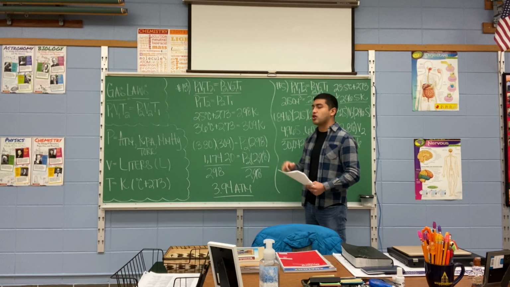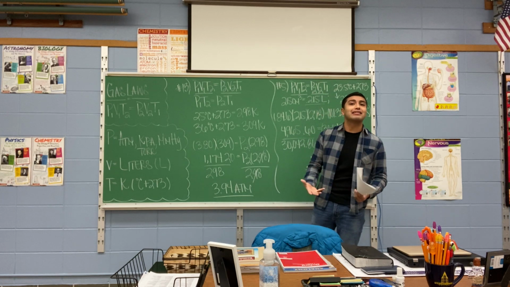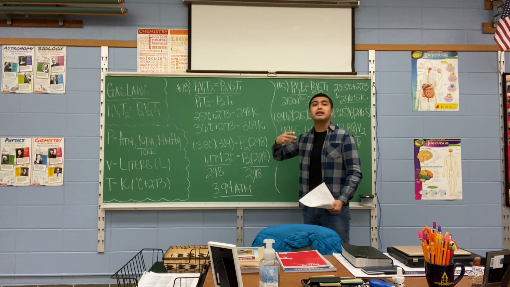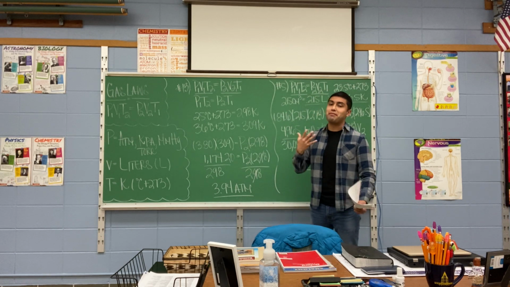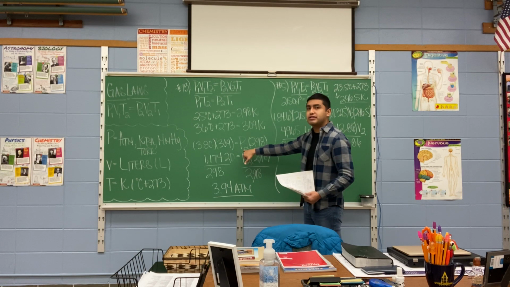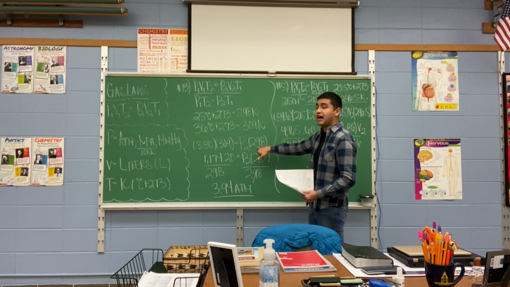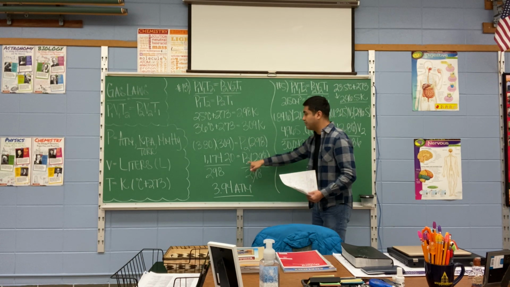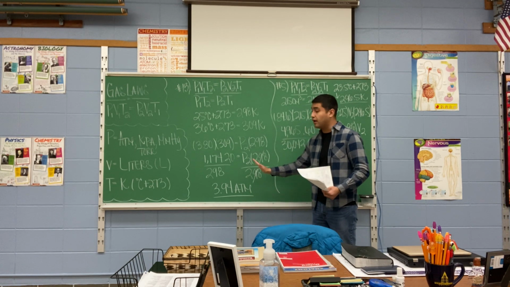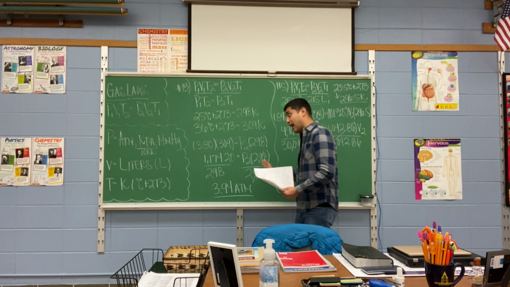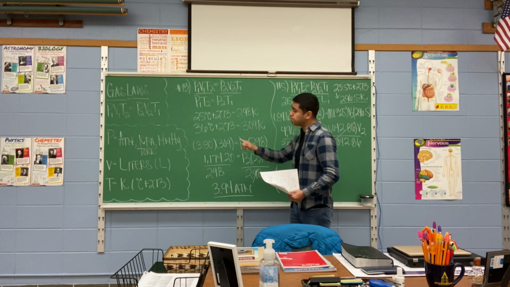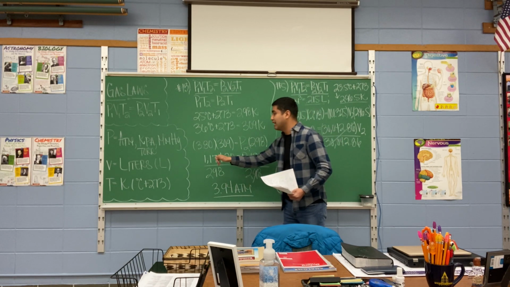So since I want to solve for pressure 2, that means I've got to isolate it. I've got to leave it by itself. It's like solving for x. If you want to replace this with x, because that's how you learned to do it in a math class, algebra, that's perfectly fine. So I want to leave this by itself. In order to do so, I need to divide it by this. So what I've done here is I've divided this side by 298 in order to cancel out my 298 on this side. What I do to one side, I have to do to the other side. By the way, I've already multiplied 3.80 times 309. That's going to give me